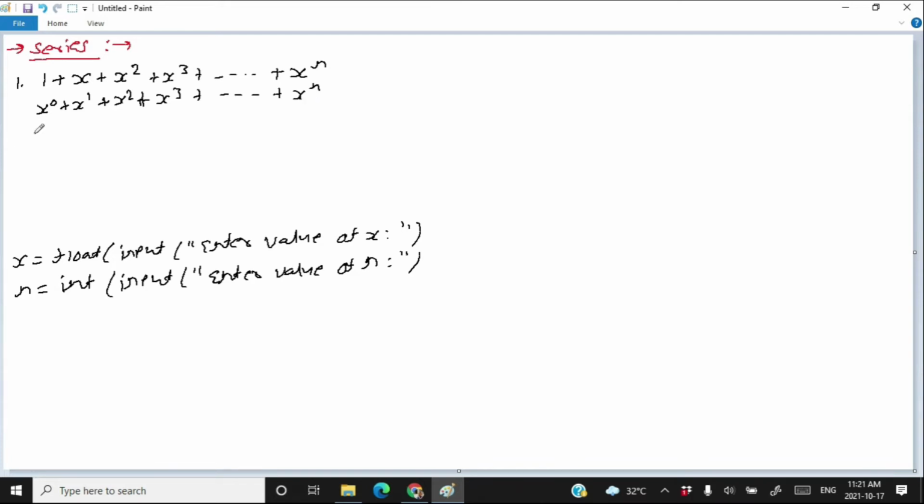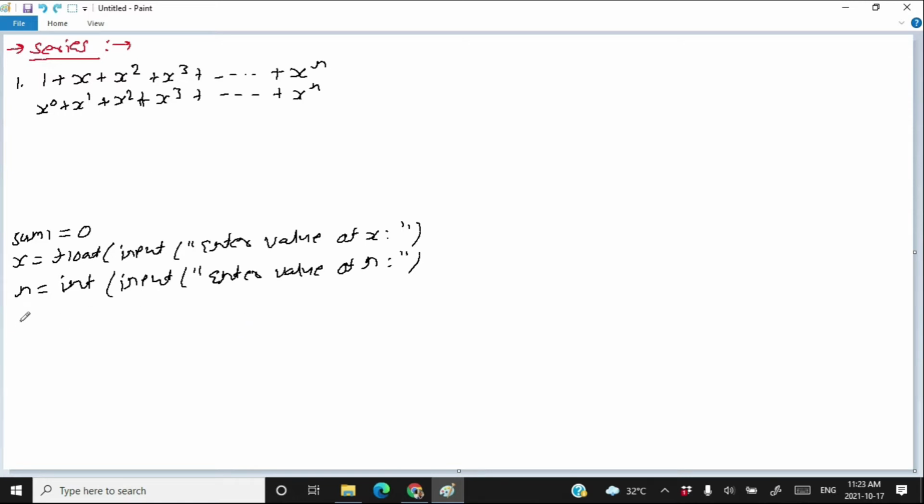After that, you have to find the sum of all these numbers. So let's decide on a variable sum. Sum is a keyword, I think, in Python. So write here sum1. sum1 is equal to 0. Now, this is the time to calculate the summation of all these numbers.